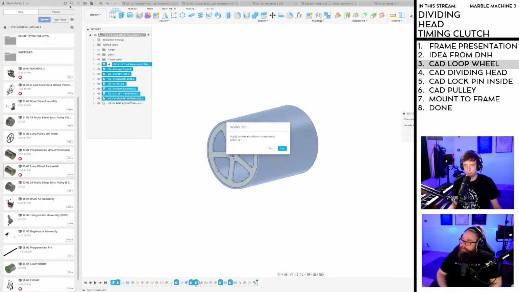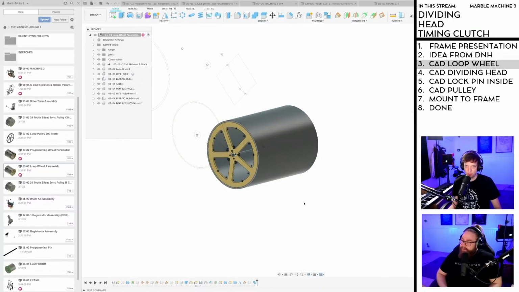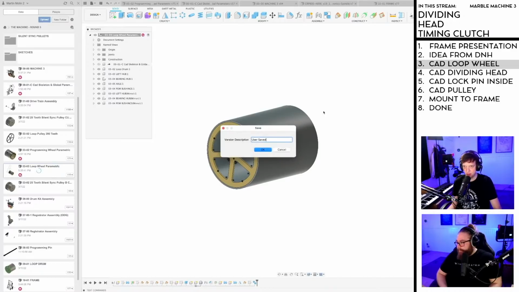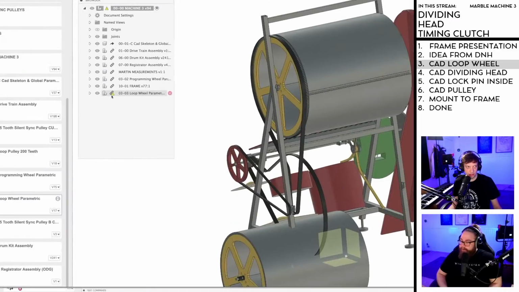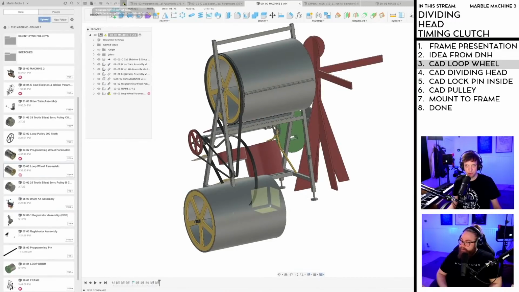So I'm going to select continue. I'm going to select them all. And this one as well. Include child components. Okay. Now when I save, wait, I'm going to hide those sketches. Now when I save, an update will propagate here. So you can see the little triangle there. And when I update this,